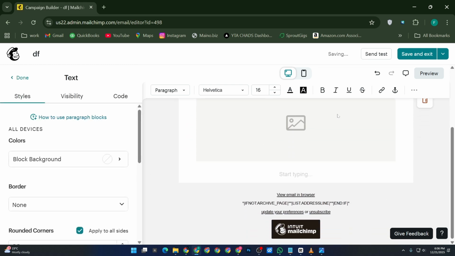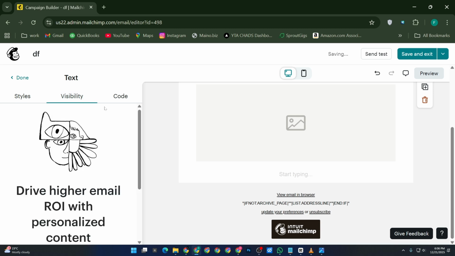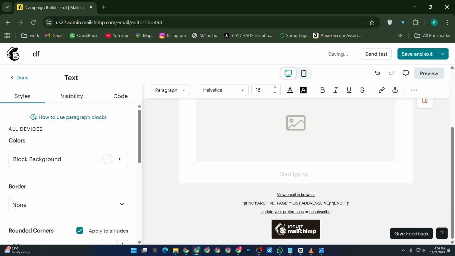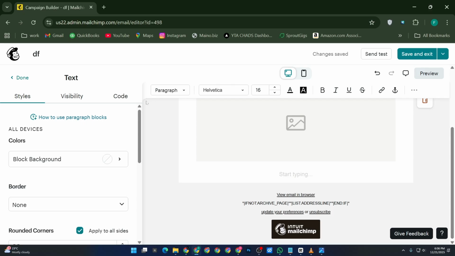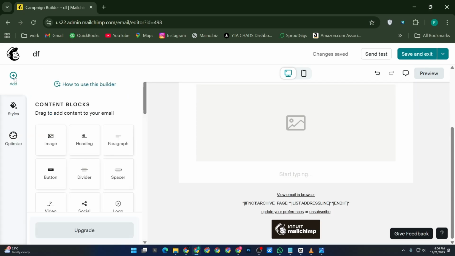Once you're on a paid plan and select A/B test, Mailchimp will guide you through choosing what you want to test. You can set how many versions you want, decide how your audience is split, and choose how Mailchimp picks the winning version. After sending, Mailchimp automatically tracks performance and shows you which version performed better based on open rates,